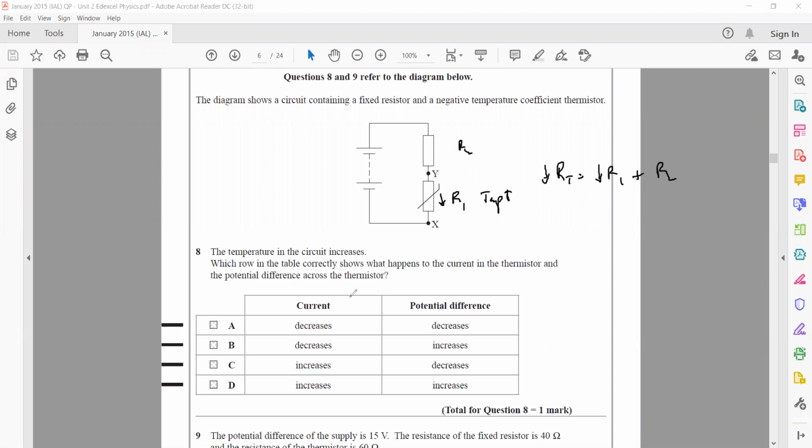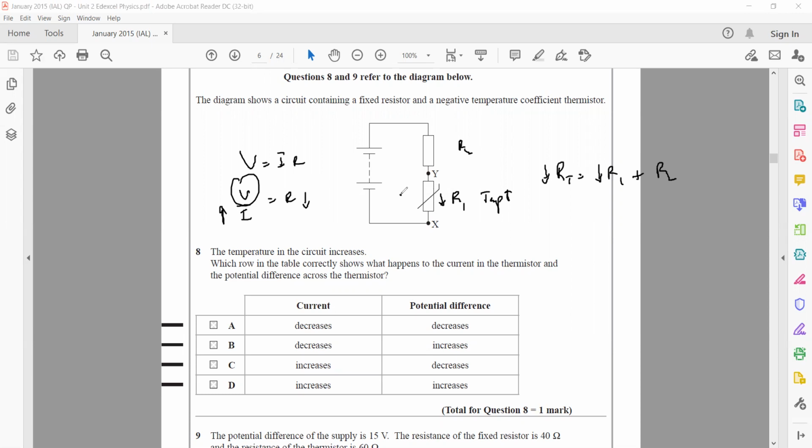If the resistance decreases and the voltage is kept constant, V = IR, so V over I is equal to R. If the voltage is kept constant and resistance decreases, the total current in the circuit will increase. And what about the potential? When we compare the potential between X and Y,